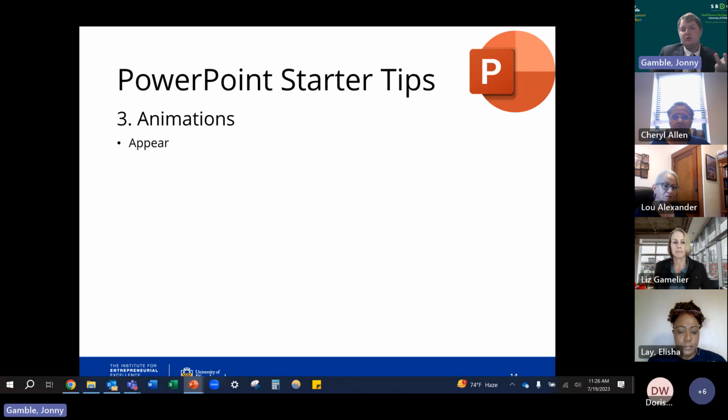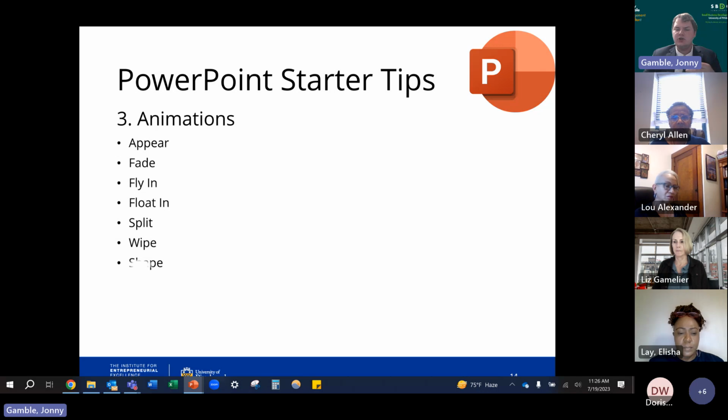One way to do it is to just have it appear. You see how this is just going from blank to blank? All I'm doing is going back and forth in PowerPoint presentation mode. For an appear animation, it just appears right on the screen. For a fade animation, it fades onto the screen. For fly in, it flies in. Float in, it floats in. There are a lot of different animation options.